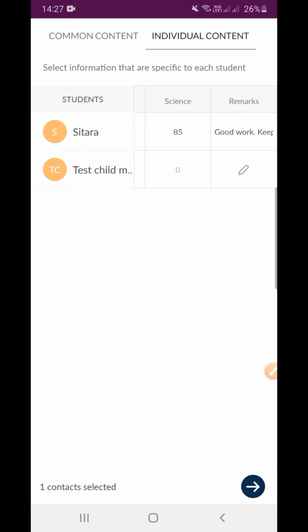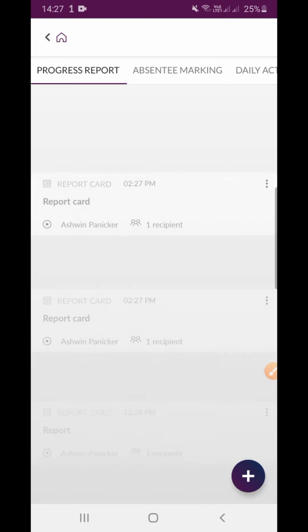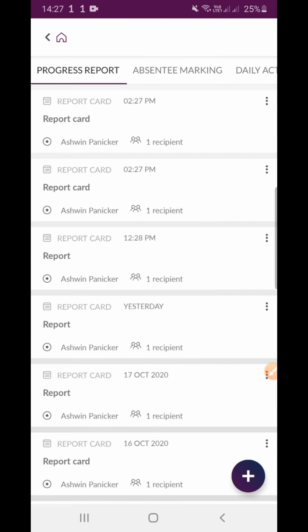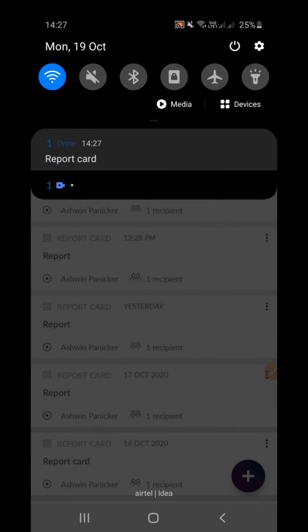The report card is sent. So the report card is going out from your side, and let us see how it is being received by your end user, be it the student or the parent. As you can see, the report card is already sent to them and they have received a notification from your side. Let's click on the notification,